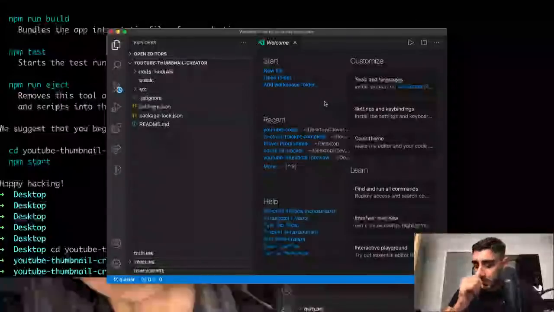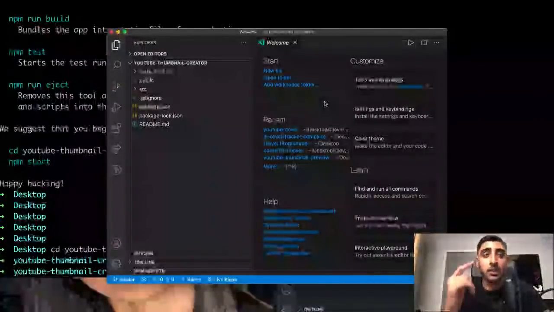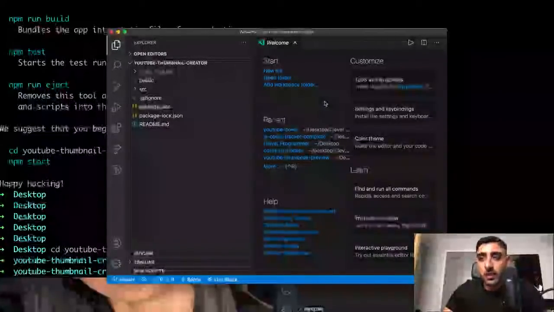So right now we use VS Code over at Clever Programmer. And if you want to install that sort of shortcut, what you need to do is